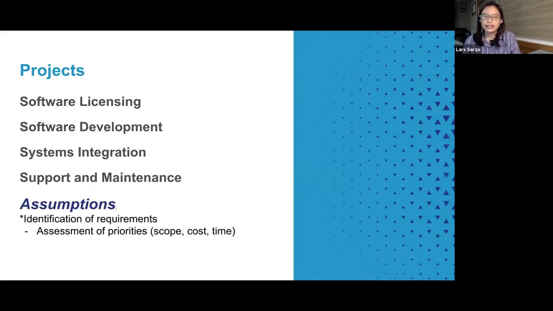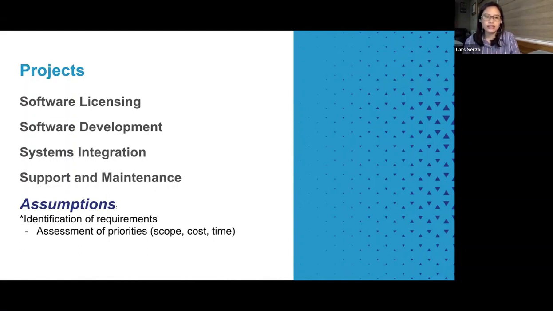So IT projects and IT arrangements could involve various types of contracts and various types of arrangements. It could involve an instance where you just need a software license. It could involve software development projects where you need customized IT products built from scratch, specific for your organizations and to address your needs.